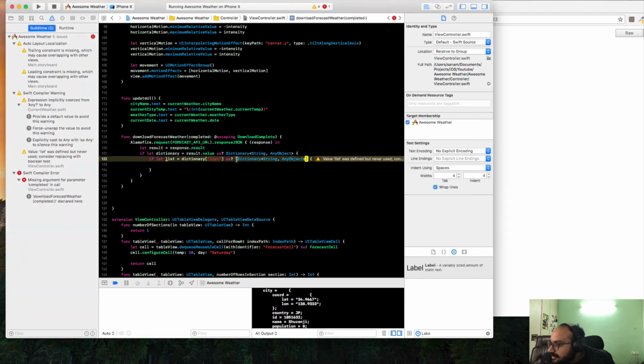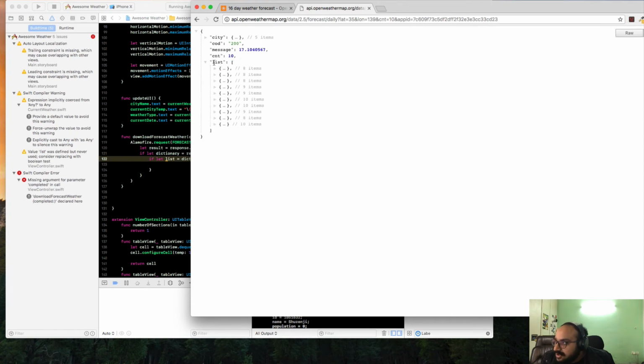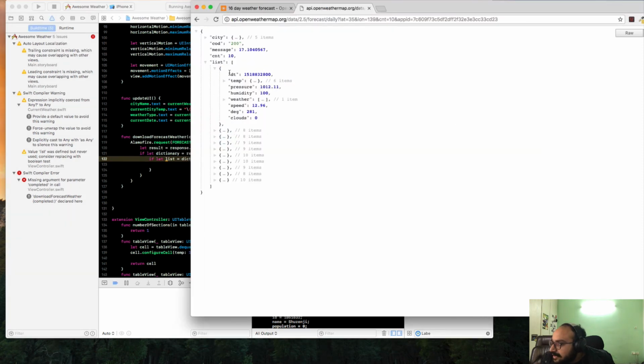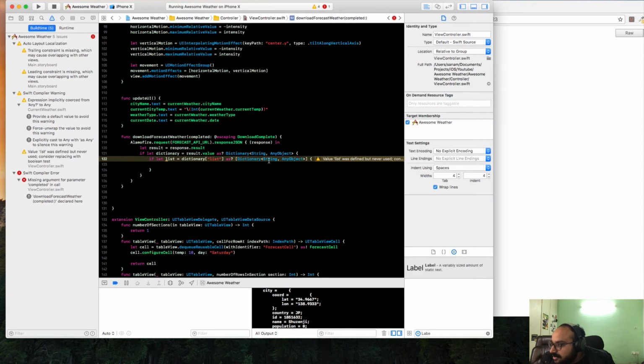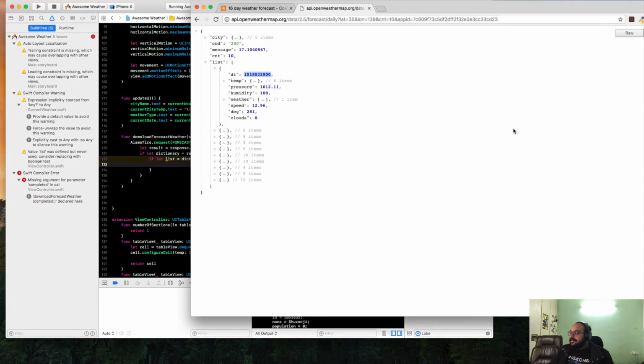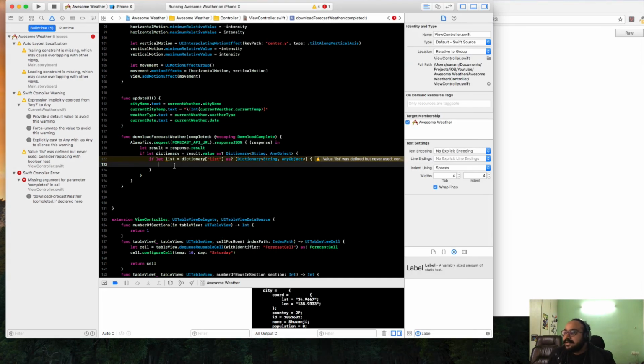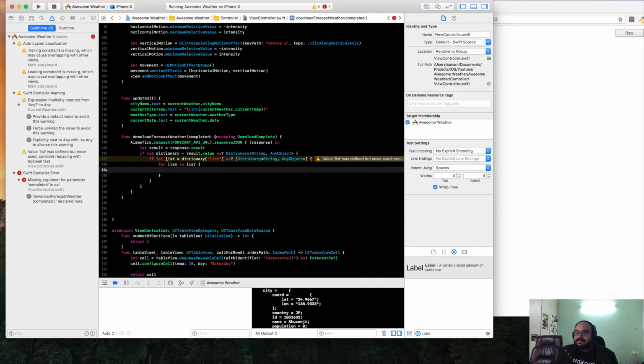So I casted it as an array, and within an array, what type of array is it? It's an array of type dictionary. So I created a dictionary, and this dictionary is of type string and any object. So now we are here inside this list item. We have 10 items over here that we need to iterate, and we need to store them in our array. So let's say we can use a for loop here. Let's say for item in list, for each item in the list we will do